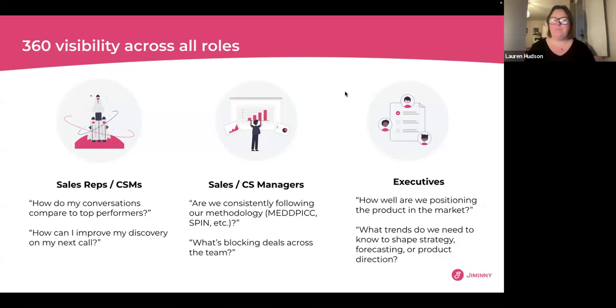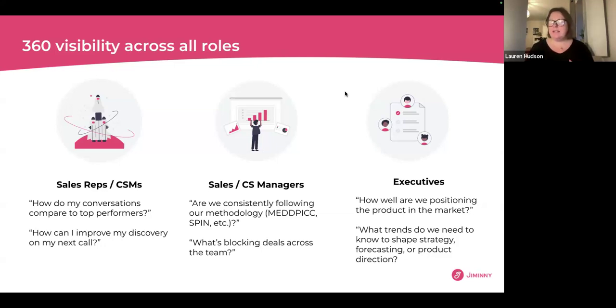It might be that you're a sales manager with a team of BDRs or AEs using a specific sales methodology. You've implemented SPIN recently, for instance, and you want to understand who is really owning that methodology and following it through all of their conversations with prospects up until close. You can use it to look at that.